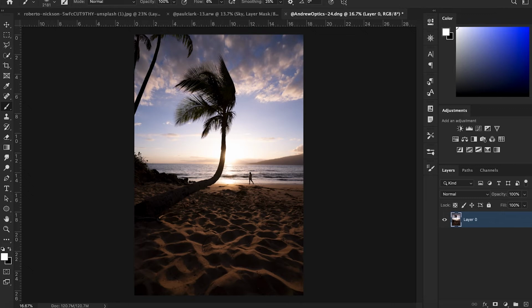Alright, the third and final method is probably my favorite one that I absolutely love to do. And the reason being is because of how much detail you can get out when replacing the sky. Now, me saying that means that I want to take out this entire sky, but there's a lot going on